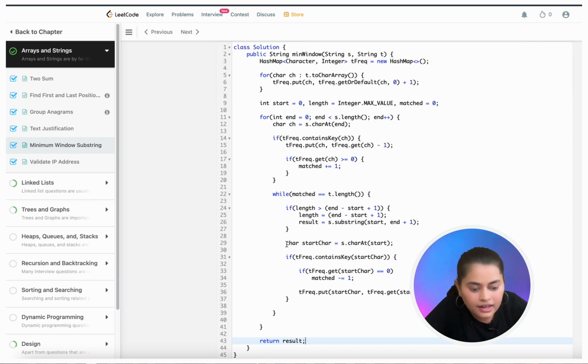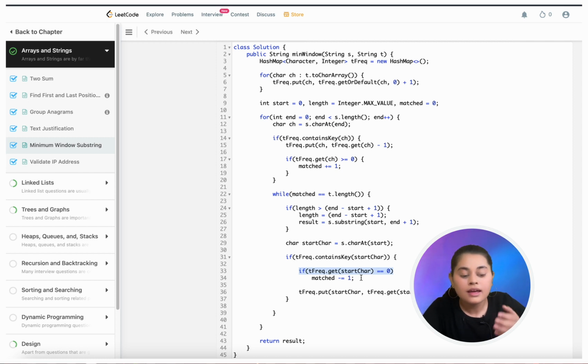Okay, so what I did, I stored the starting character in start char. Now I am checking whether this start char is a part of the target frequency map. If it is, I checked whether its count is 0. Its count being 0 means that it was part of our window and it was contributing to the characters in our target map, and since it is going out of the window, we have one less matched character now.